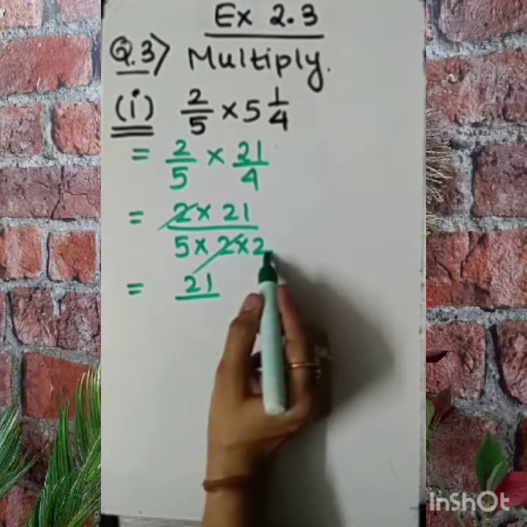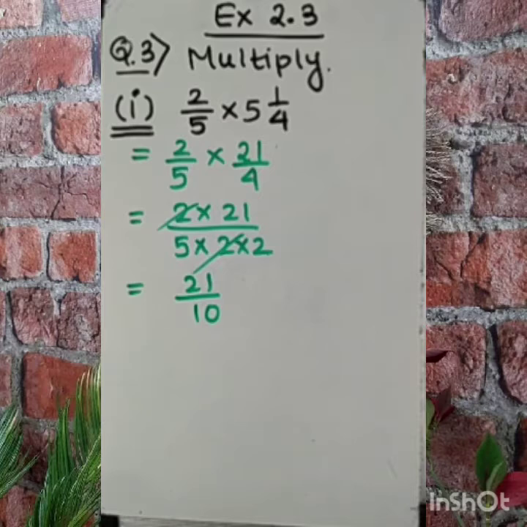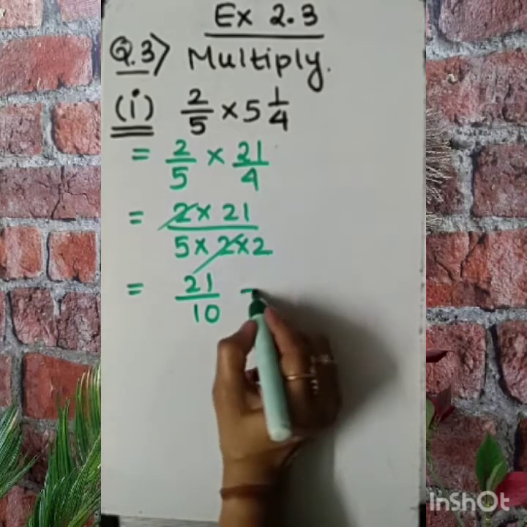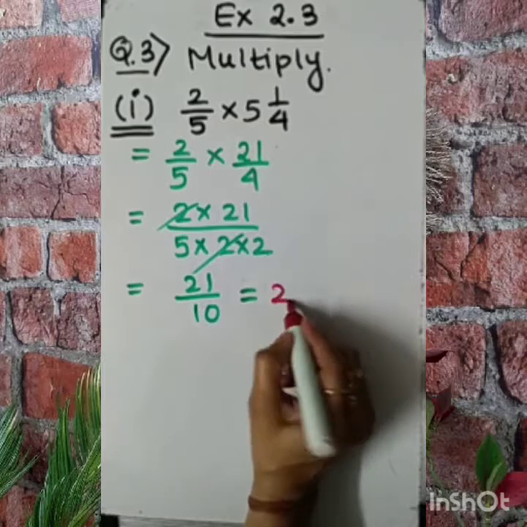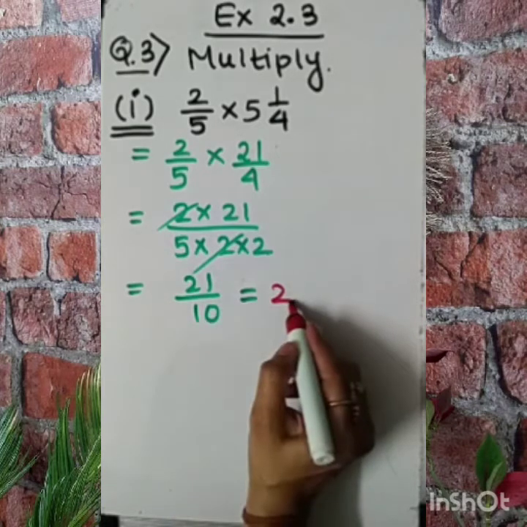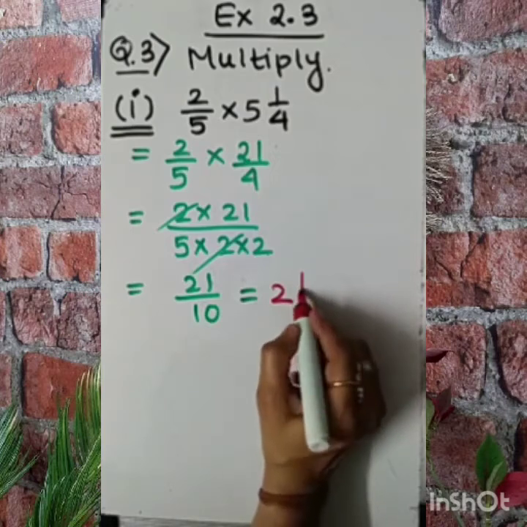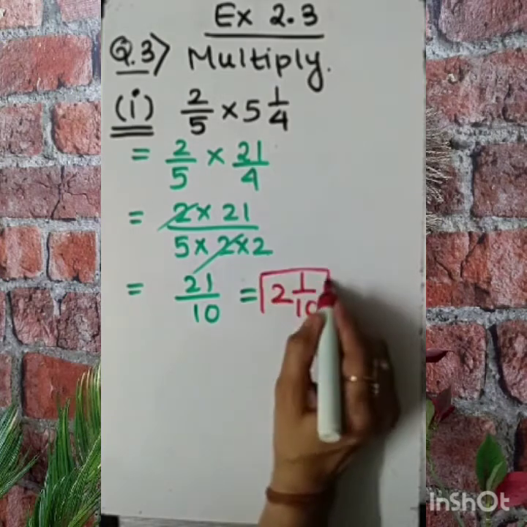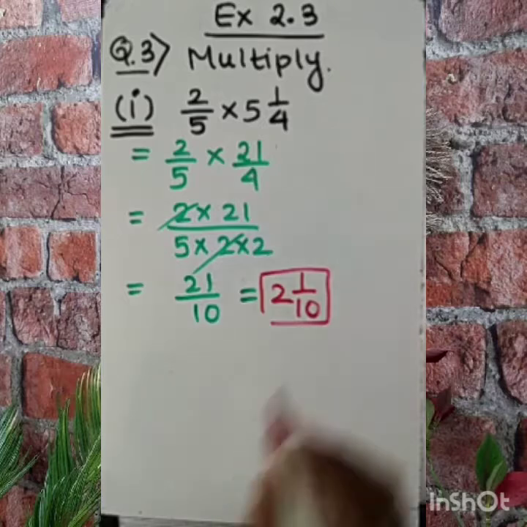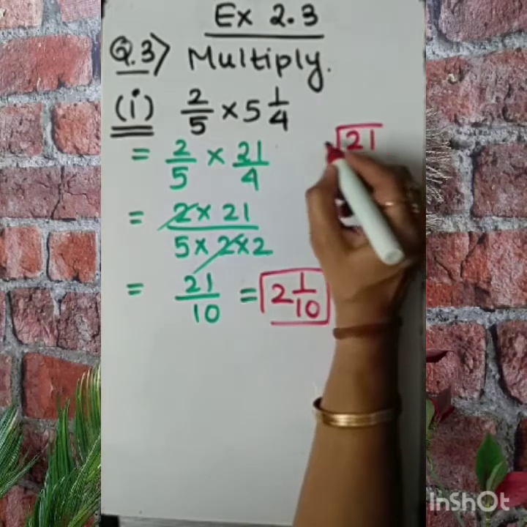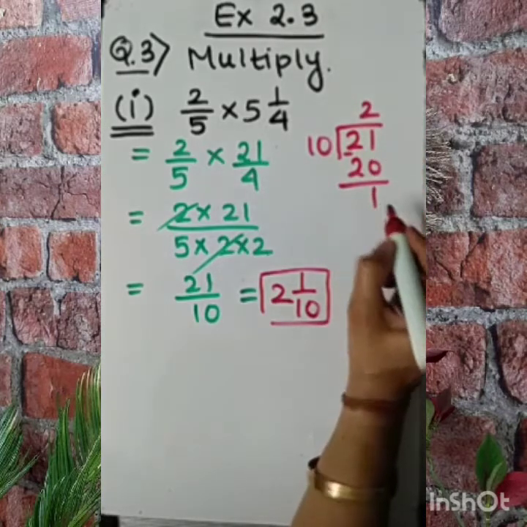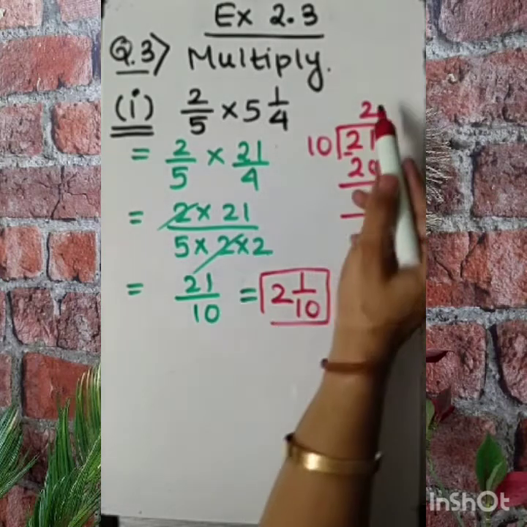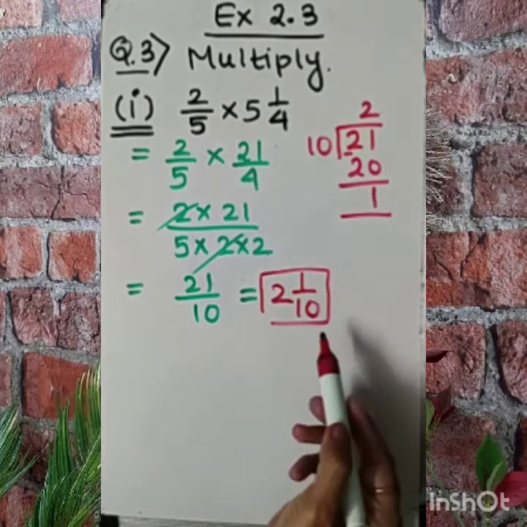21 by 5 into 2, that is 21 by 10. So how to convert it into a mixed fraction? Let's see here. I am showing you 21 divided by 10. Always remember, the answer will be this way: if we shift one digit, then 2 will be the integer portion and 1 upon 10. The one digit we are shifting, the answer will be this without calculating. But if you want to go with the calculation, then just side by side show: 10 2s are 20, 21 minus 20 is 1. So the answer is 2 integer 1 by 10. 2 1 by 10. Clear?